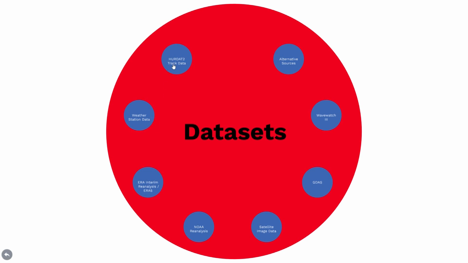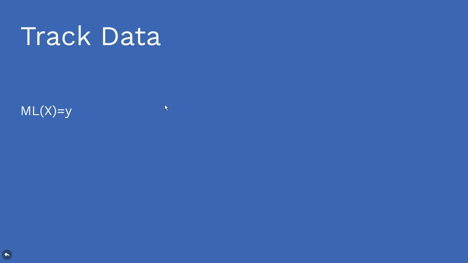The first that I want to talk about, because this is something that we're going to have to use regardless of any of the other data sets we go with, is the HURDAT2 track data. Now, this is provided by the National Hurricane Center within NOAA, and this is basically the sets of latitude and longitude coordinates that go along with the center of each storm every 6 hours. And this goes way back, farther than any of the available data sets. So we have track data that spans most of the 1900s and then goes right up until the end of